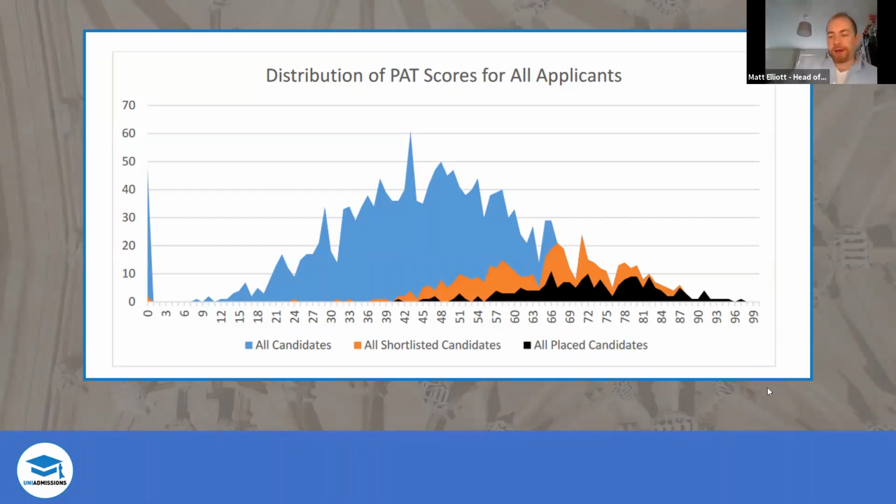Yeah, thanks, Will. As Will says, the students here who are doing really well on the test, chances are they're good at the other parts of the application as well. They've got nice personal statements. They've done well in their GCSEs. But what we do know is that those kinds of test scores, at a certain point, are guaranteeing you an interview and getting you close to being odds on in terms of getting that place. So that's the power of the test.